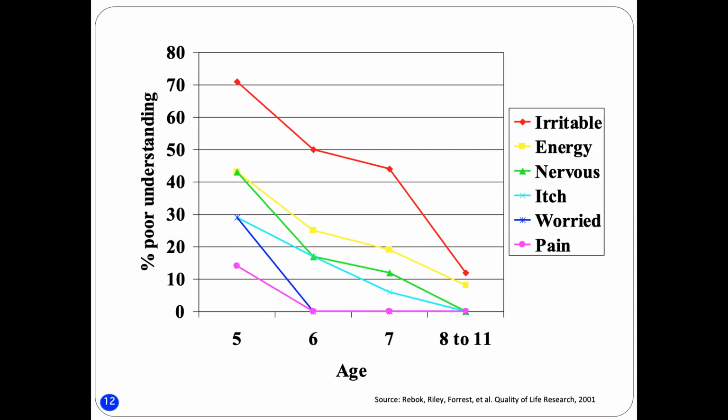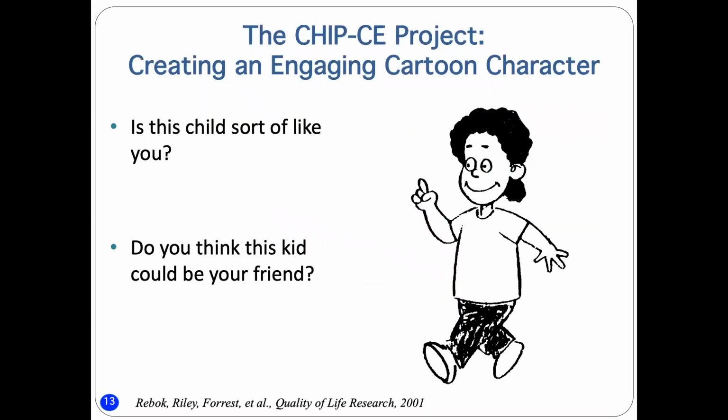So this study, and there was much more to it than this, but suffice to say that we tested hundreds of words, health concepts. We learned what kids could understand and what they couldn't understand. It provided what you call content validity for the concepts that we then integrated into a number of different measures. Our group has now developed somewhere over 100 different measures for kids as young as age 5 to 25. One of the things that we realized we needed to do with younger kids, particularly kids less than age 8, is to illustrate the concept,